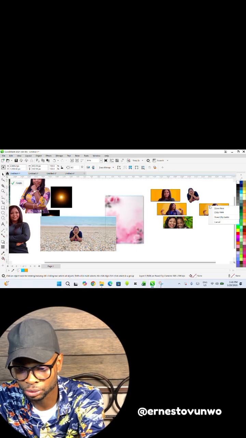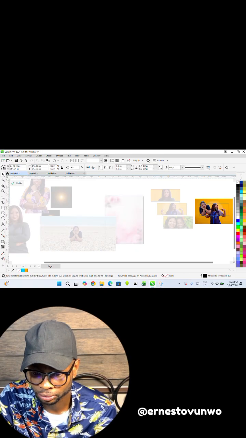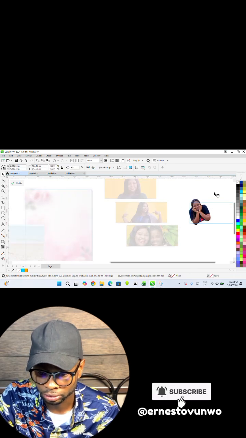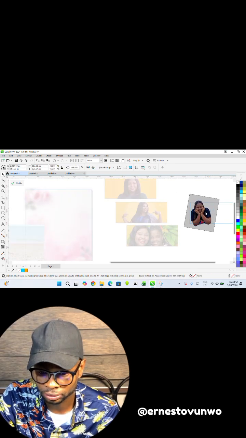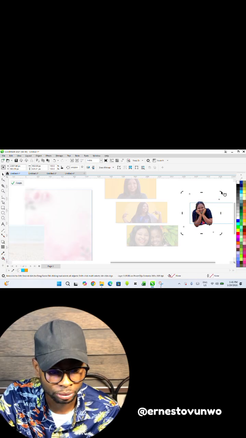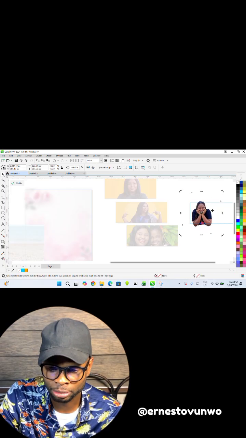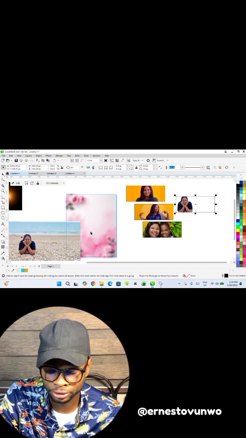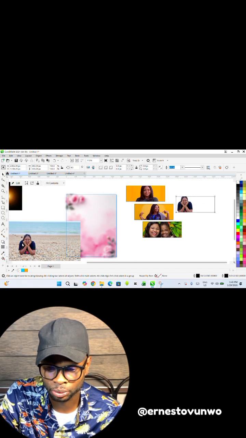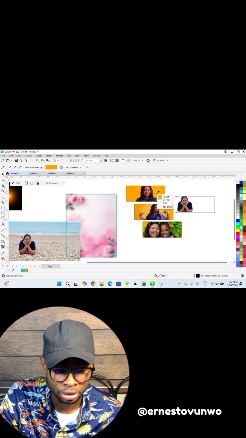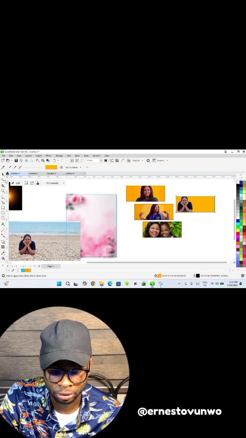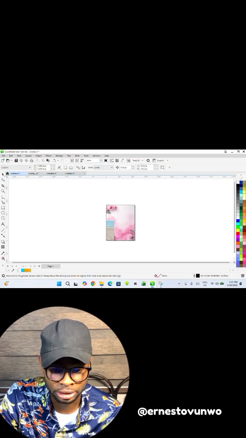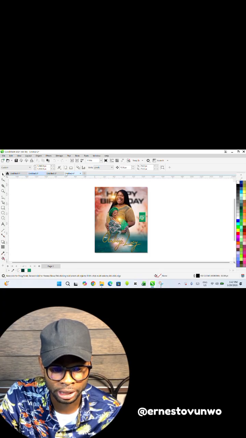So I'm going to use this and give it what it deserves. Good. Of course, you see this one doesn't have a background, so I'm going to use my eyedropper tool to take one of the yellow colors here and give it to this one, so that it's going to maintain a color. It's going to have a color. So now what are we doing next? Next in our list is to ensure that